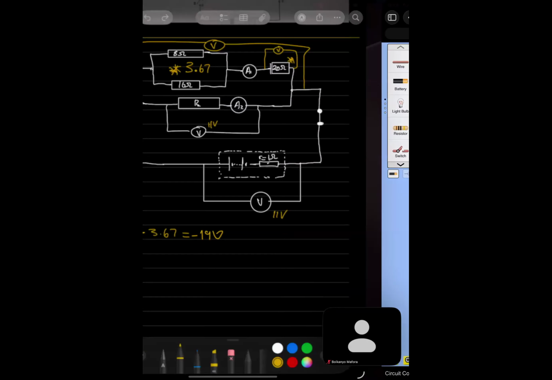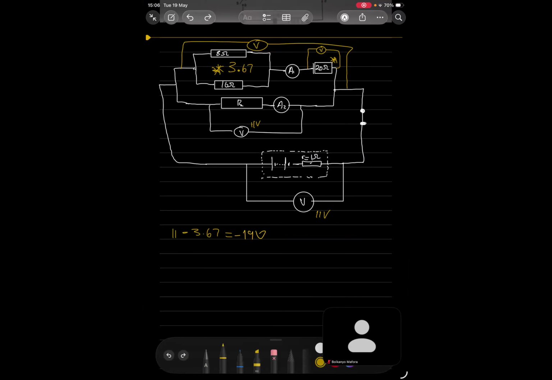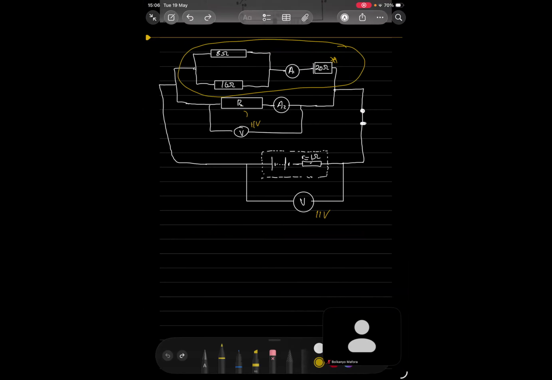Because of why? Do you see this whole setup at the top there? It's in parallel to that R. How do you see parallel branches, guys? The only time you want to see a parallel branch, you have to notice the split points. The moment there's a split point, you have to think about the parallel resistance, because